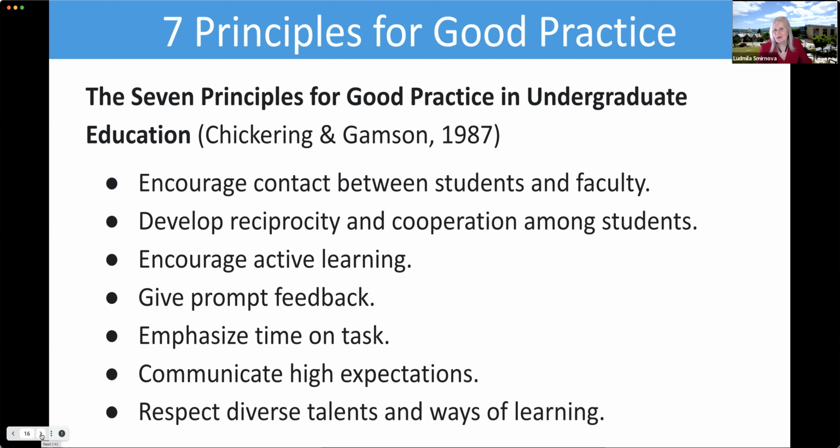So these are principles that are good practice, and not just for online teaching. They are good practice principles in general for good teaching. So by keeping this principle in mind when you design a course, and then when the course is over or during the course, that's how it's evaluated. And many rubrics, evaluation rubrics that administrators or teachers use when they design a course, are based on these 7 principles.